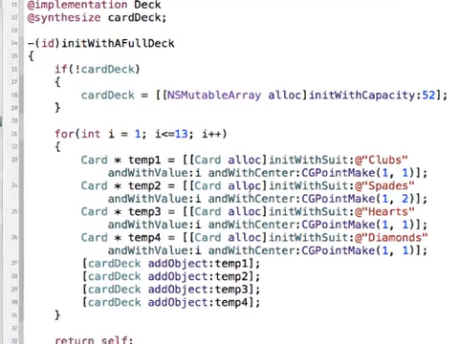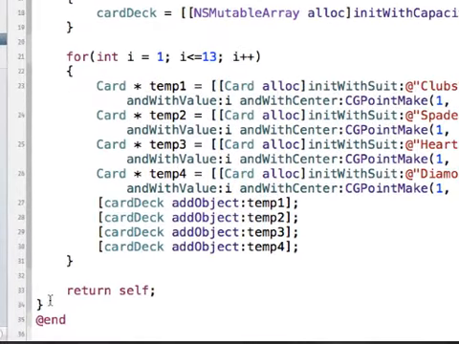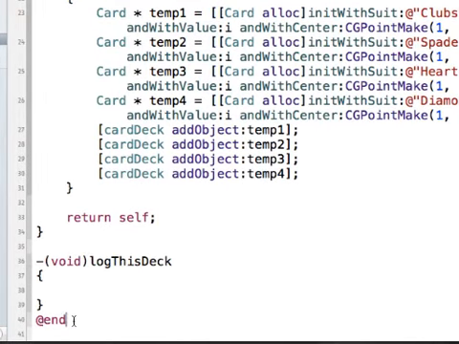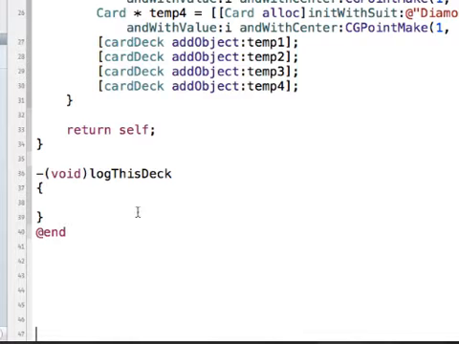So the header file, the .h, all it does is lets you know what methods exist. The M file is actually where you implement these methods. And I'm going to press return a couple times to get that up here. Alright, so to log this deck, it's not really that difficult because we already have a method that logs this